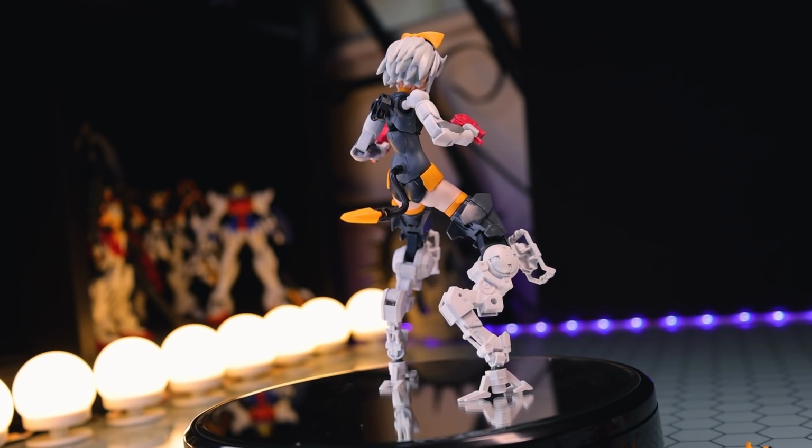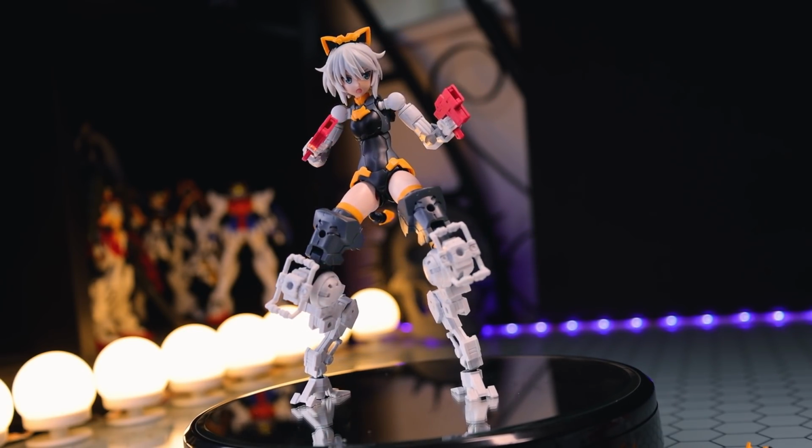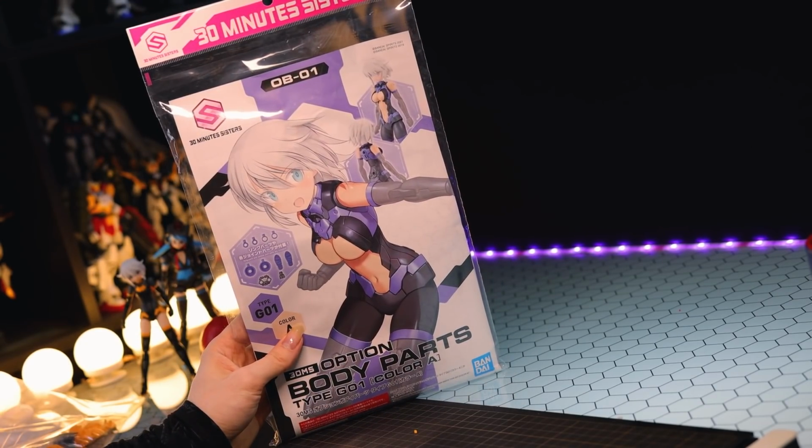You can swap the head if you want. Everything. Arms, legs, head, below the knees now with these additional upper leg segments. There is so much to do, and I will end up getting carried away, so let's move on to the next thing. So moving on to the next thing that came out at the same time as the last couple of things we just looked at,